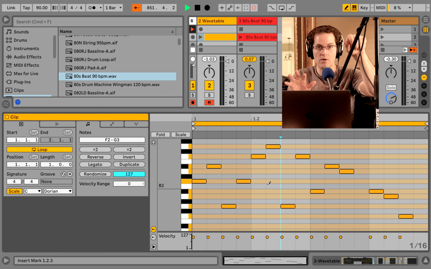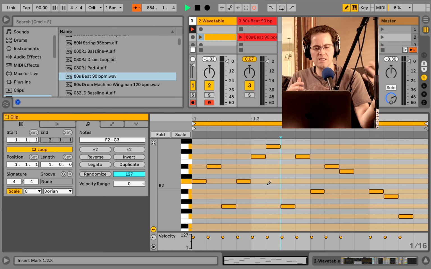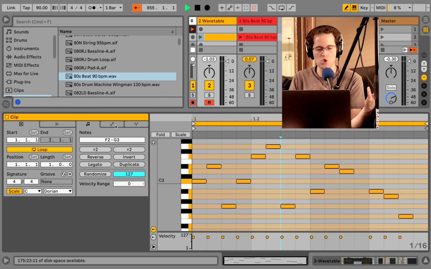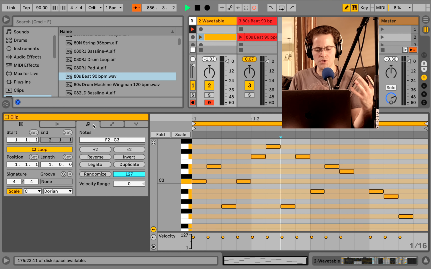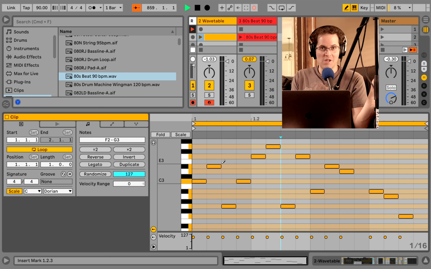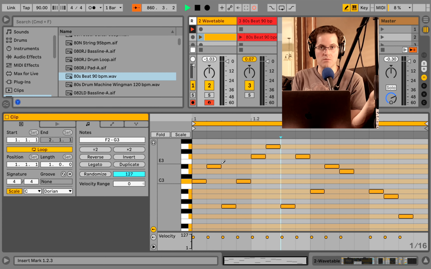In fact, I would rather have parameters mapped to knobs and then be playing and then tweaking the knobs to get those crazy effects. But this is something you would do more when you're more of the producer who's drawing in MIDI notes. And if you can do that, all power to you. Apparently Skrillex just draws in MIDI notes, or at least he did. That was how he made all of his music.